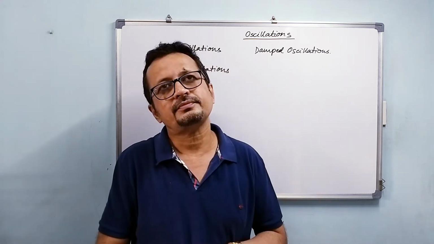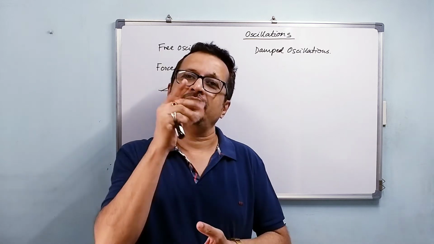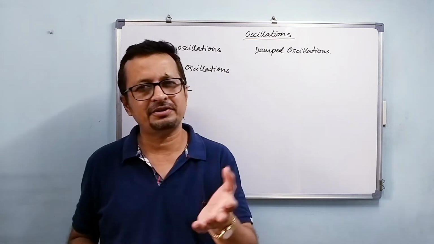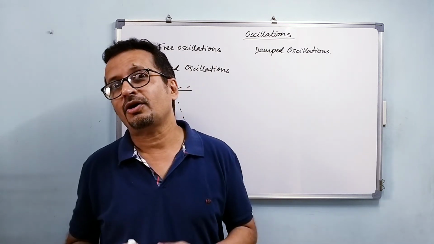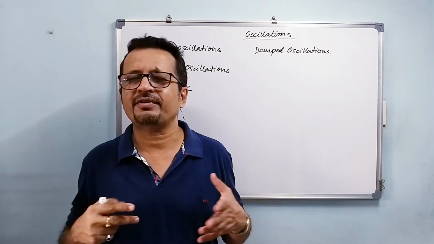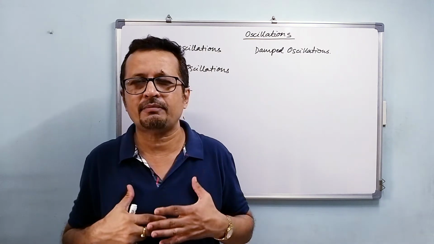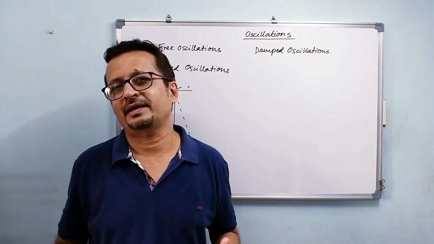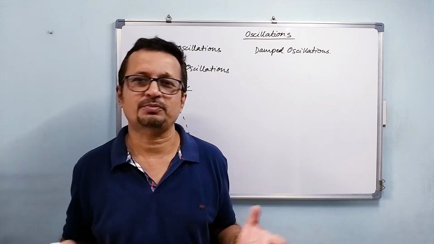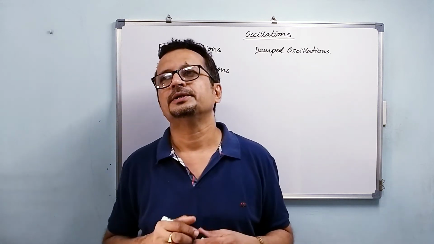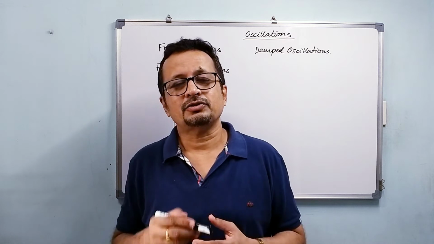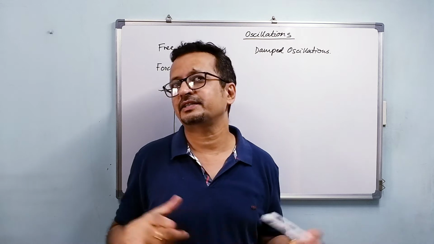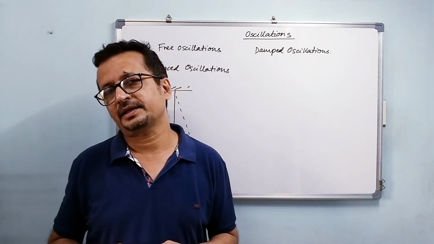Quite obvious. Now I'll again measure time for 10 or 20 oscillations, and I'll take maybe 3 or 4 such readings. All the readings will be different. If I'm very accurate in my measurement, very skillful, then I may get the same reading, but generally that is not possible. So I got some time period of oscillation, and when I take the reciprocal of the time period, that gives me frequency, correct?